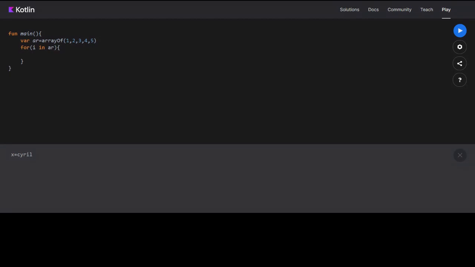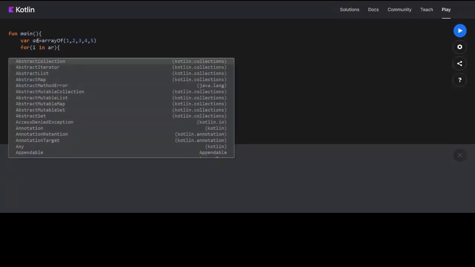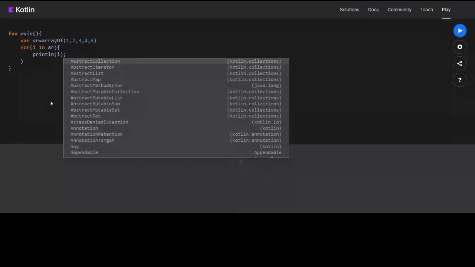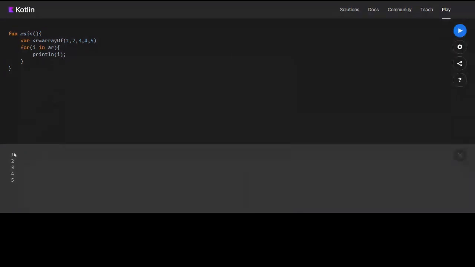Okay. So now I will take the values of the array one by one. Like one time I will be one, then I will be two, like that. Then you just say println. Okay, so if I run this, you can see the values of the array are printed here. Now, if I try to change one value to 7, what will happen? You see, a string is also taken.